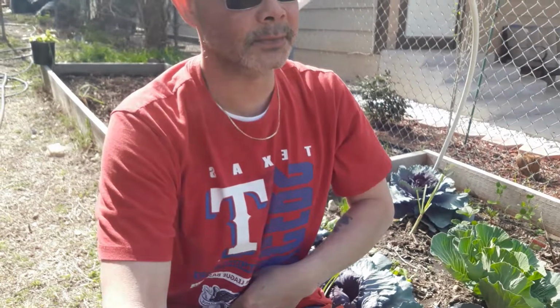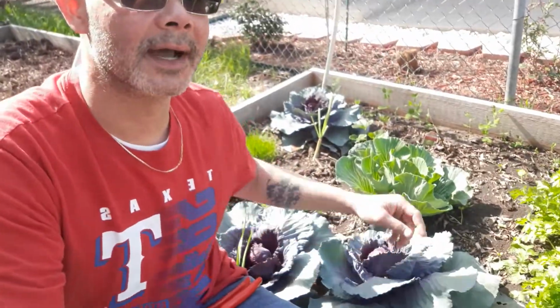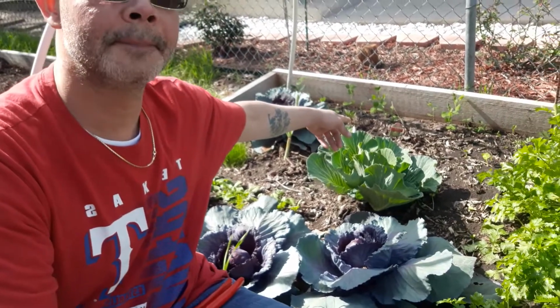Now, I remember as early as maybe 3 years ago, we did get a freeze. We got down to about 30 degrees on April 9th. And it killed some of my tomatoes down to the ground, but they came back and I got a decent crop. But what I'm going to do today is, and I've already started, I had a cabbage right over there